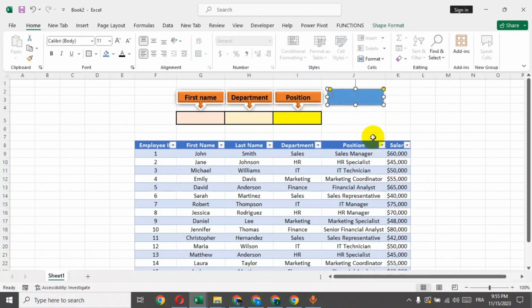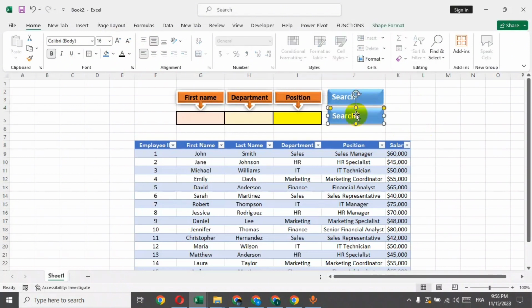Right click, Edit Text, Search, select all, then center. Right click and copy to create another button,